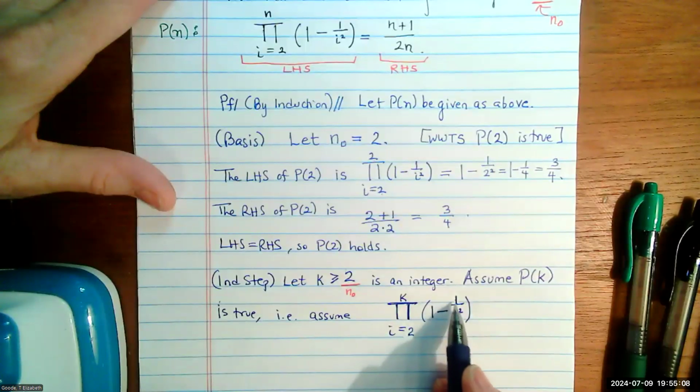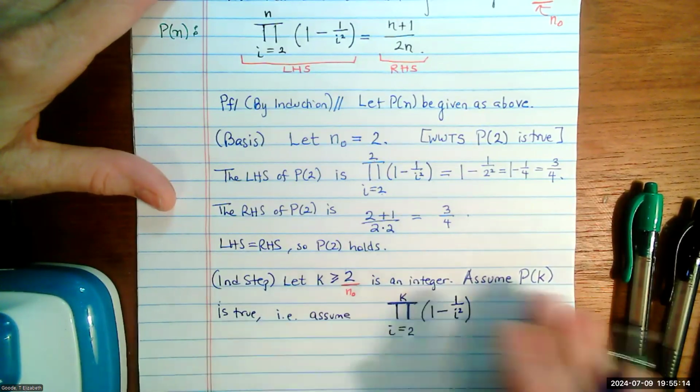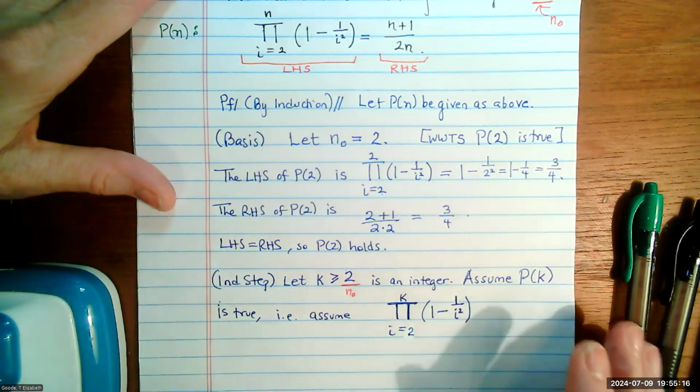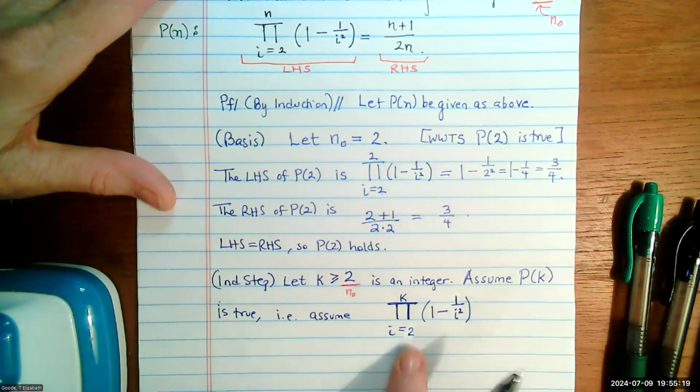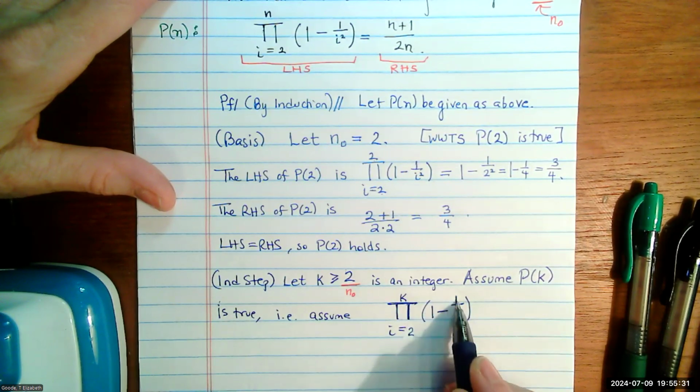That first factor would be 1 minus 1 over 1. That means that first factor would have been 0. And then that would zero out the entire product, and the product would always be 0. We don't want that. We want to start with a factor that's not 0. In fact, we don't want any of the factors to be 0. They won't be. Okay, so I equals 2 to k of the quantity 1 minus 1 over I squared,